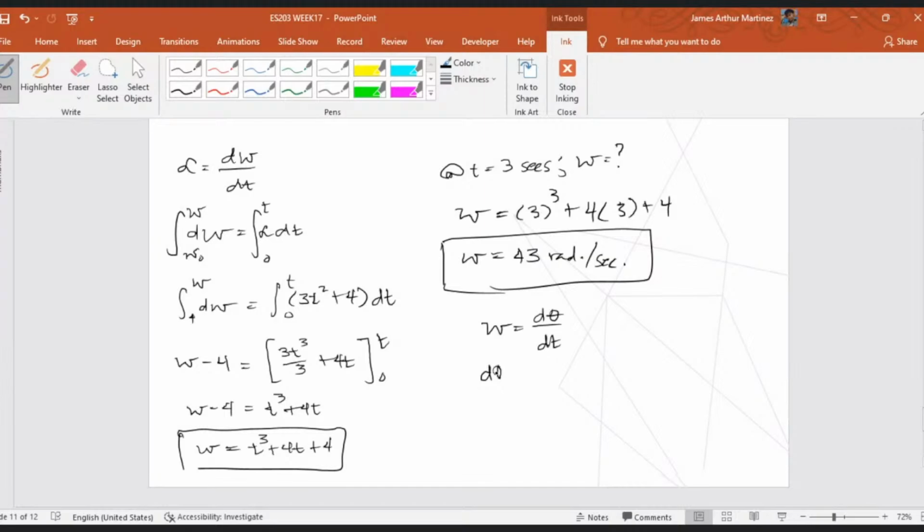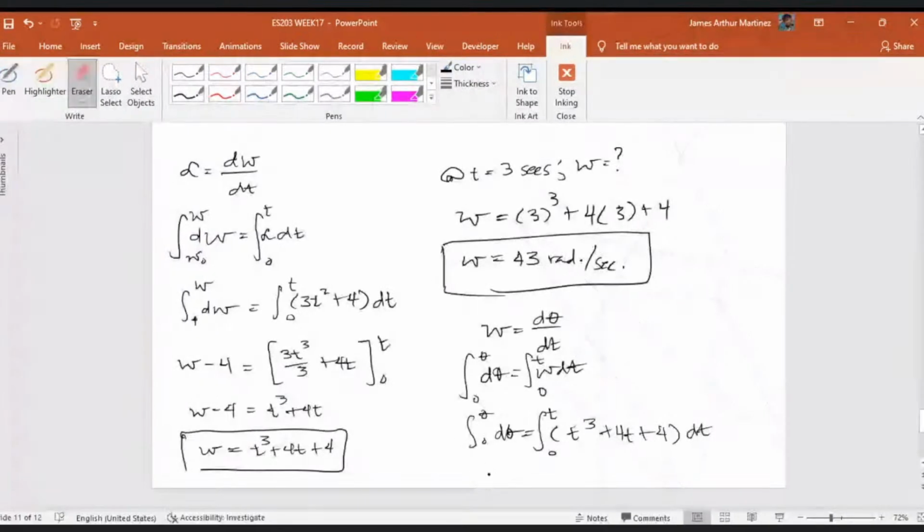Cross multiplication, you'll have this equation, and by applying the antiderivatives, we'll have this expression. So substituting the equation for omega, t cubed plus 4t plus 4 dt from 0 to t,